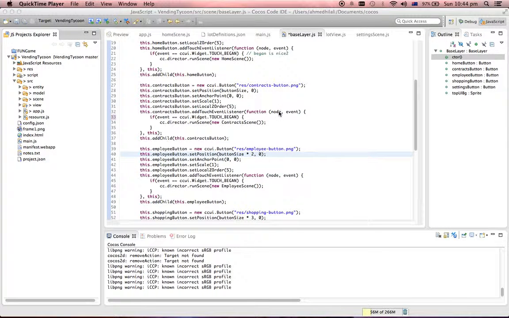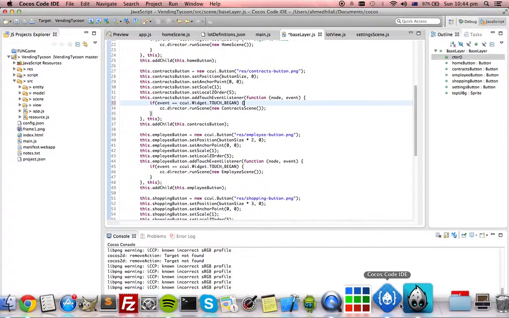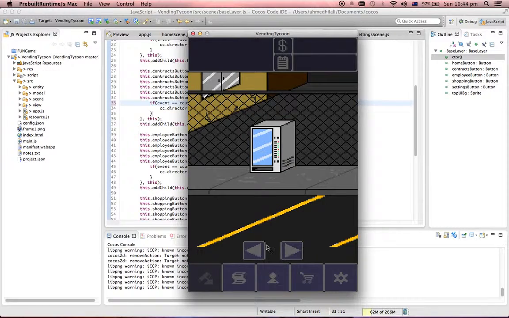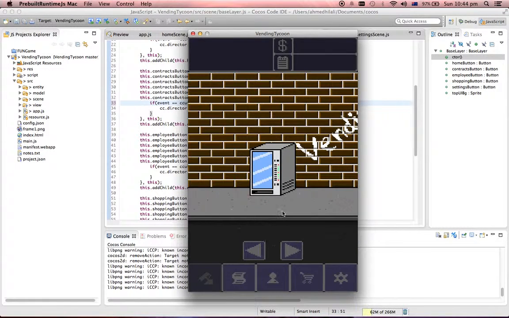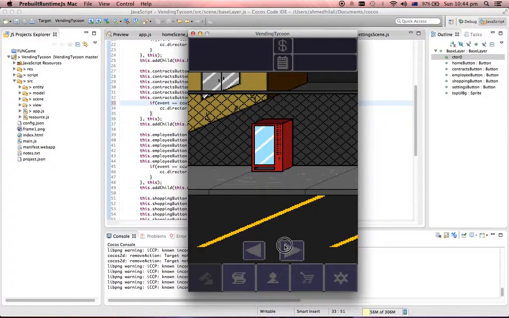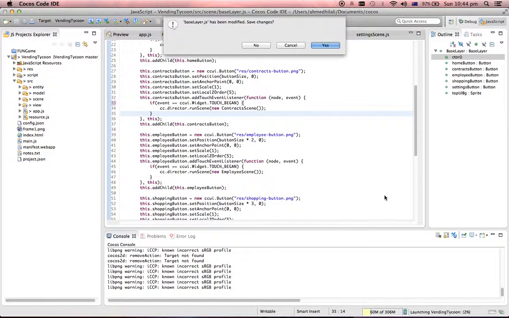Alright everyone, today's the day. Today we are going to inject some life into this game. So far this game's just been a collection of background images, pictures of vending machines, a couple of buttons. Nothing's actually happening. The title screen